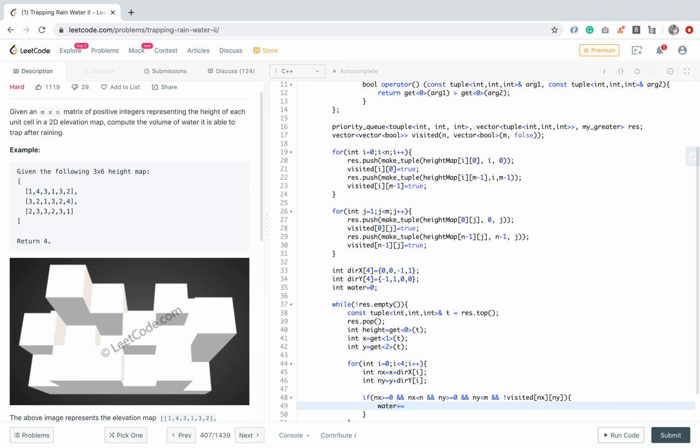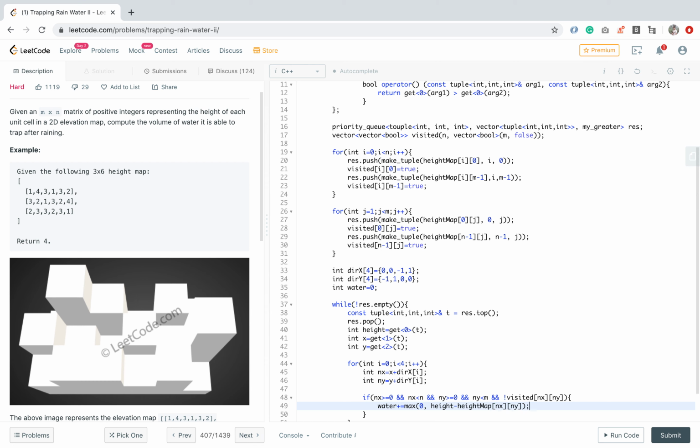Getting the water content depends on the height of the neighbor at new x and new y and the height of the current node. If the neighboring node's height is less than the current node's, only then can we hold water. So basically it is height minus height map of nx and ny.